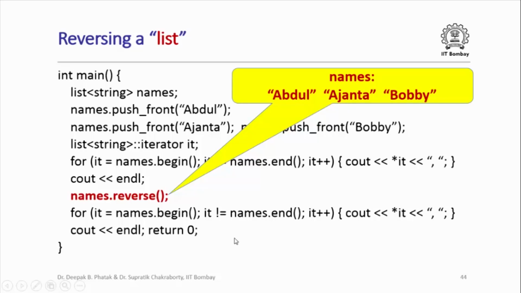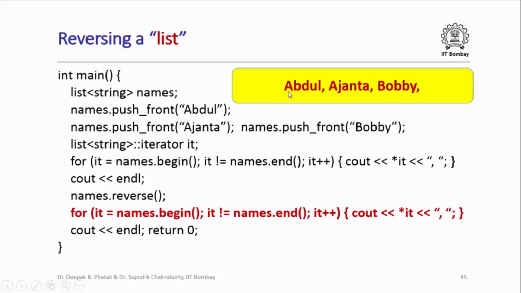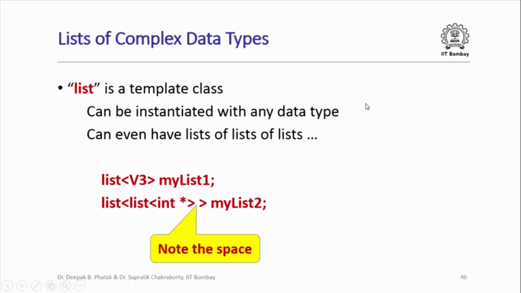And now if I try to print this list using the forward iterator, note I'm using the forward iterator again here as I had used here, but the list has been reversed in between. So using the forward iterator, if I now try to print this list, I will get the output Abdul, Ajanta, Bobby. Now so far we have actually seen lists of simple data types like strings or integers, but the list